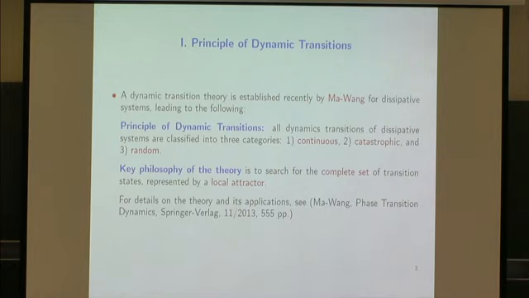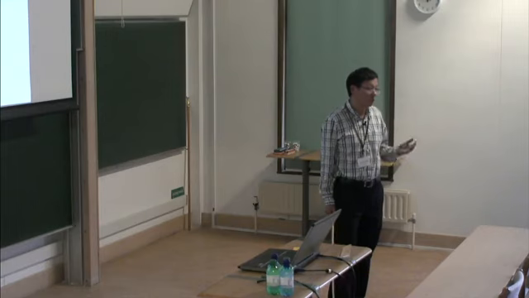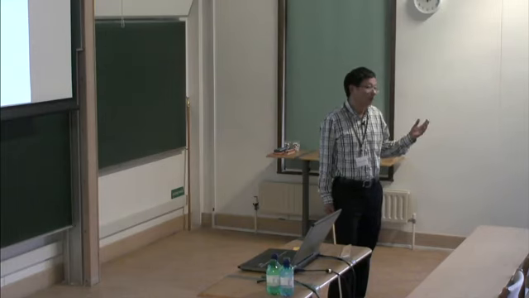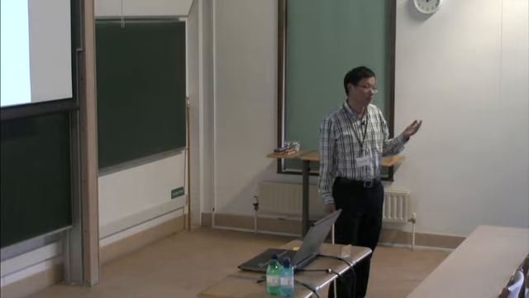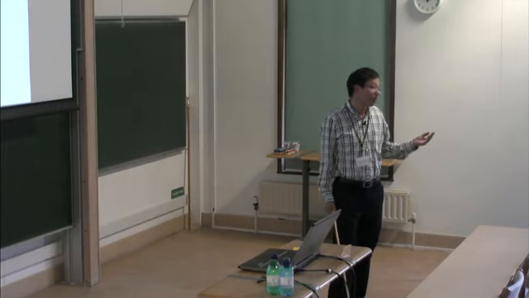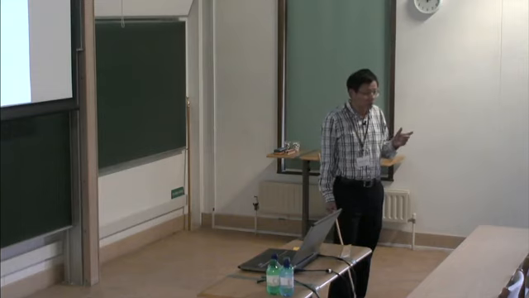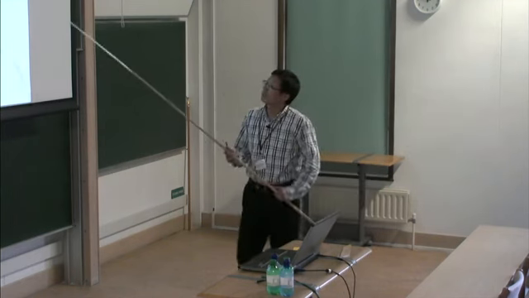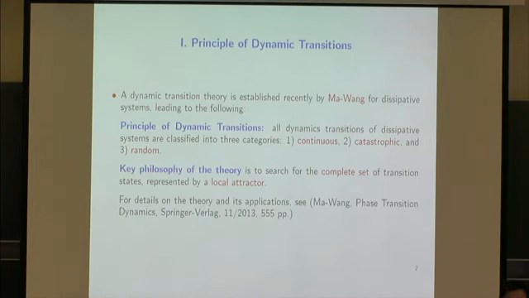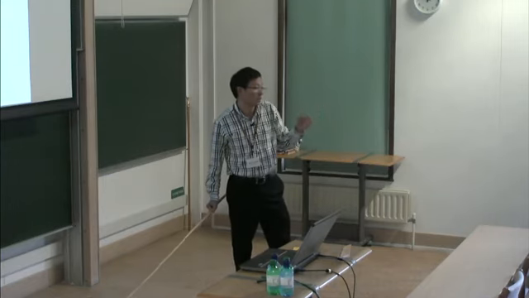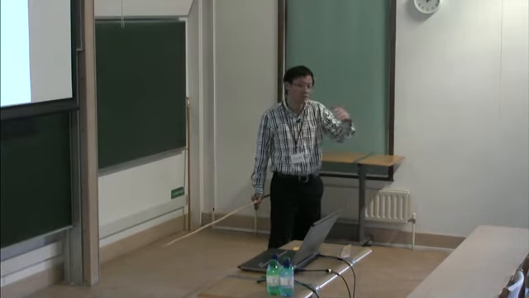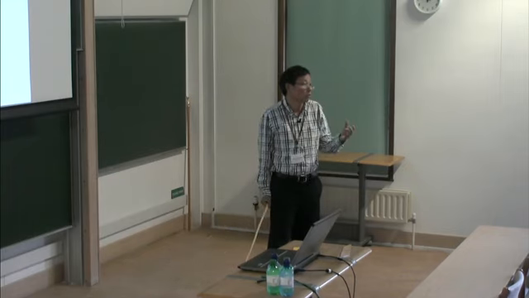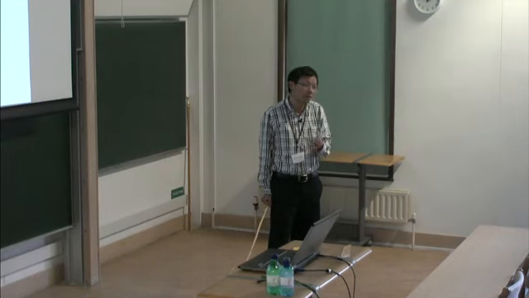Once you have this definition, the whole idea in developing a theory is that, given a system, you want to classify which transition you would have, and then, after you classify the transition, what kind of states are in the transition structure. The original motivation comes from this philosophy of looking for local attractors. Suppose you have one state and certain control parameters. When a control parameter changes, crossing a certain threshold, you get new states, which is related to bifurcation.